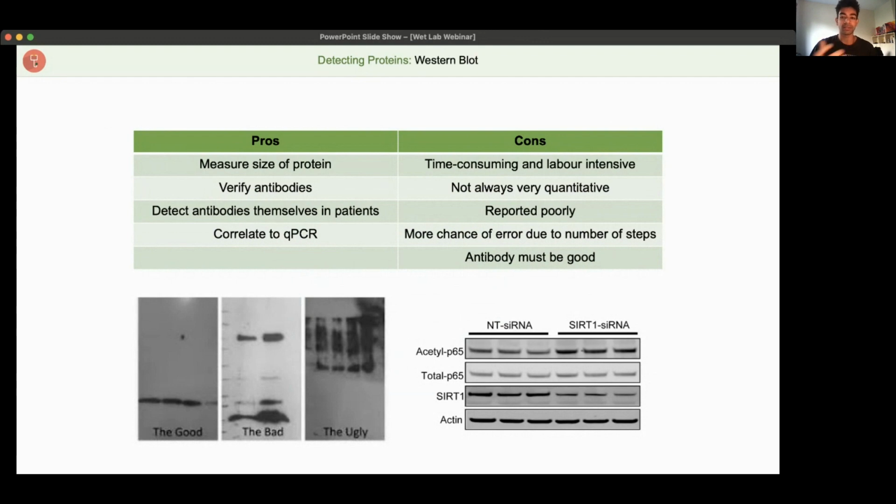And we talked about the different chances of error and that the antibody should be really good. But we did say it's great in telling you the size of the protein, and it's used to verify